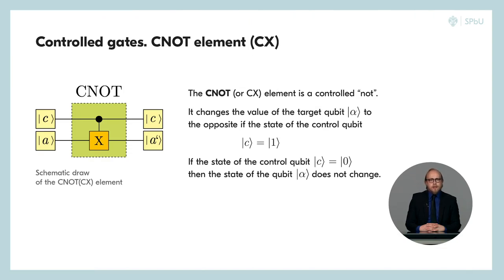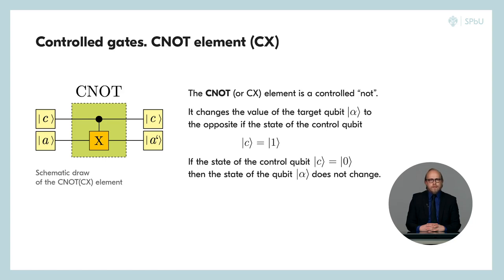or it is also called controlled X. This element is analogous to the classic CNOT element. The slide shows a schematic representation of such an element. The black circle marks the horizontal wire, or better, the channel through which the control qubit C propagates. From this circle there is a vertical segment that connects the circle to the logical element that acts on the